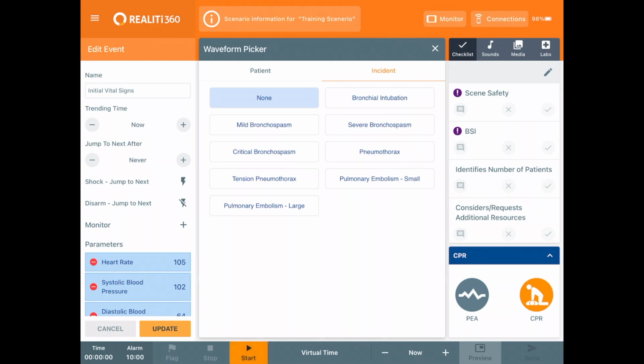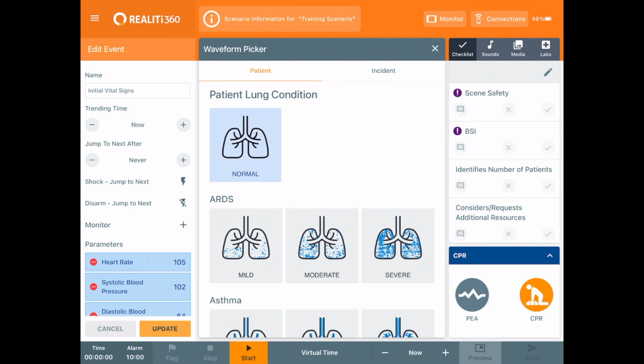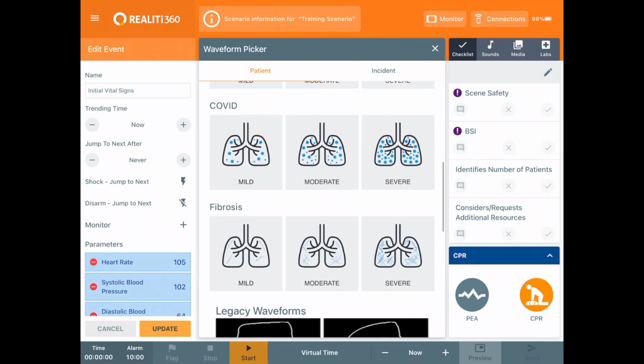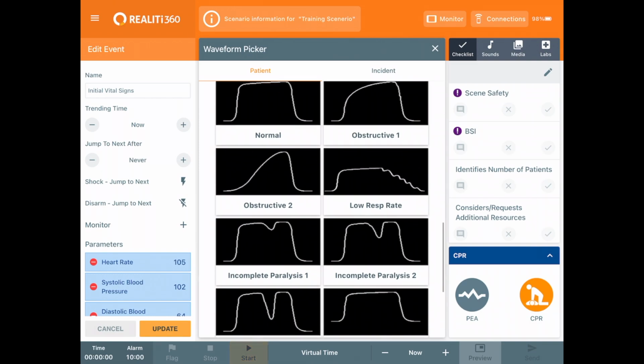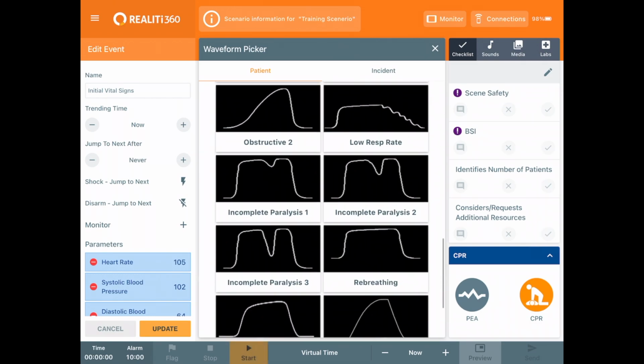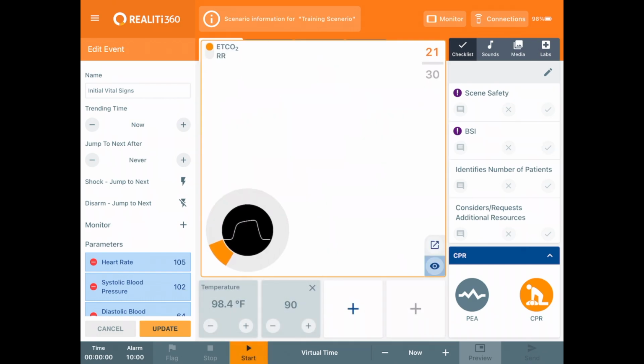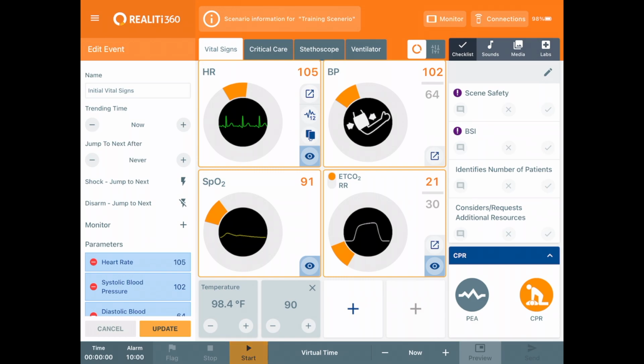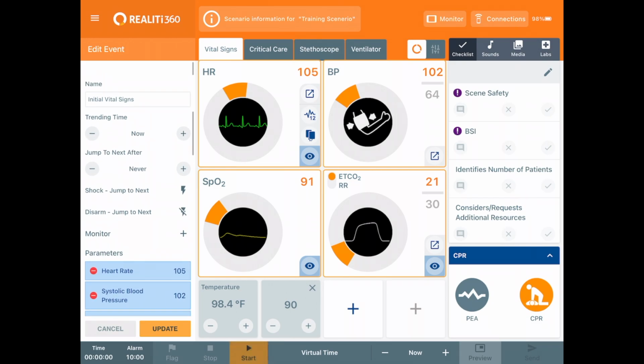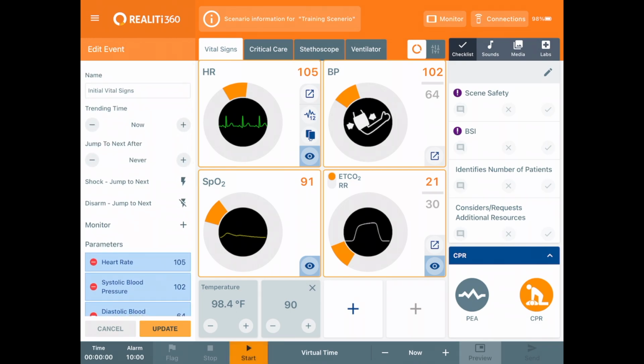And if you want something specific, then you actually have a little bit to choose from here, already kind of pre-populated. So let's say that we've got somebody who has got a little bit of pneumonia going on. So we can change the pulse ox, the CO2 pleth for that as well. All right. We can also set it to where